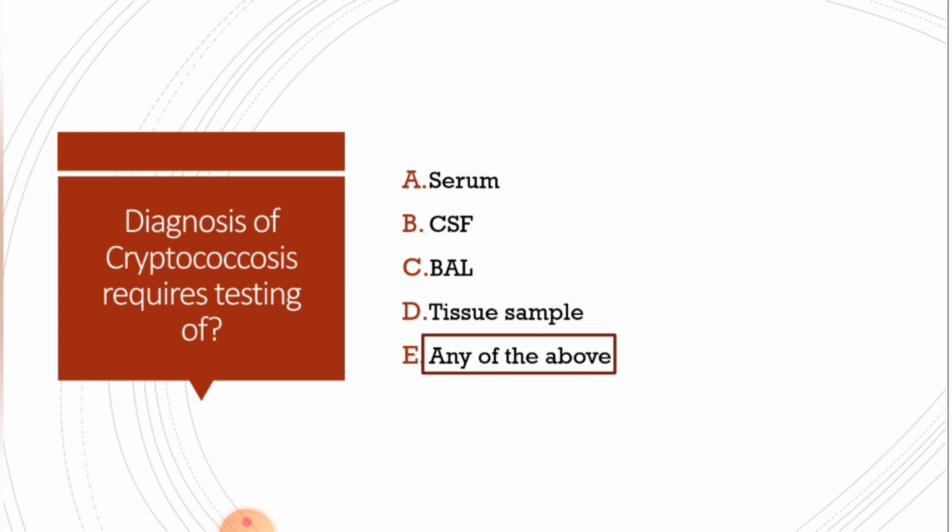So if serum is positive in a patient with PLHA, next you are going to test the CSF, because asymptomatic cryptococcal meningitis is very common in this group of patients. And in cases of organ transplant, apart from serum, you will also test the BAL sample for cryptococcal antigen. There are also various cases of cryptococcomas involving other non-meningeal sites. In that case, a tissue sample can also be used.